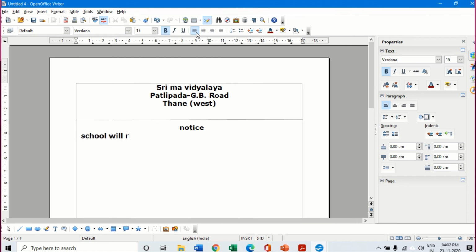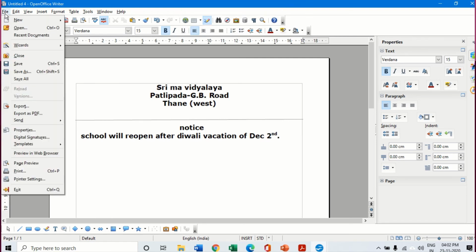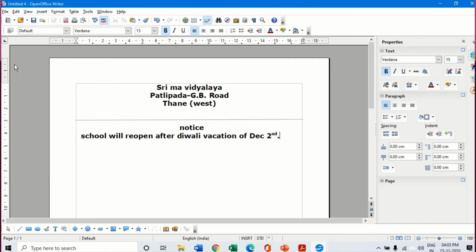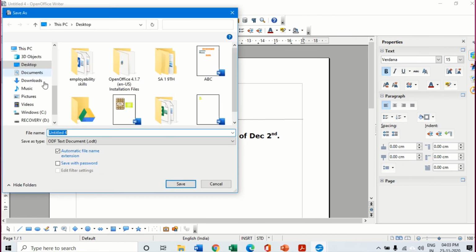School will reopen after Diwali vacations on December 2nd. I've just written a notice like this. I'm going to save this document. On the desktop I'm going to save this document as notice.